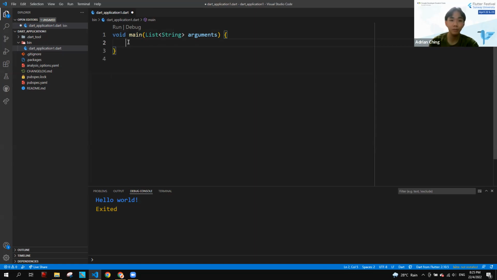So if you declare a variable in this scope, you cannot use it outside of the scope. Basically, when the app is run, everything in the main function will be run as well. So the main function has to be in every Flutter and Dart app. Okay, back to the slides.